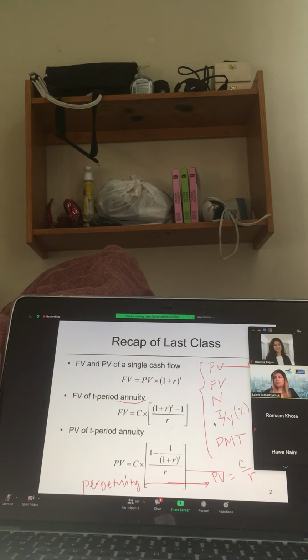Monica, for perpetuity, there's only one way to find it, and that is PV equals C over R. If there is a shift in your perpetuity, because remember, perpetuity doesn't have an ending, so it can begin at any point in time, you have to work at it yourself. That's why you draw the timeline. That's why we had a good example last week that we went through in detail, okay? There is no alternative formula for it.